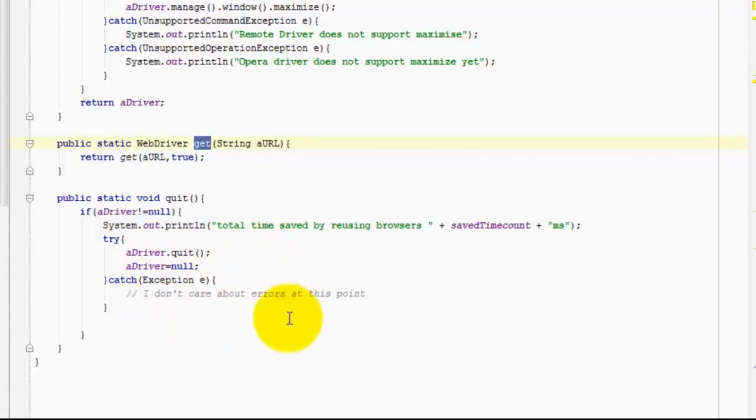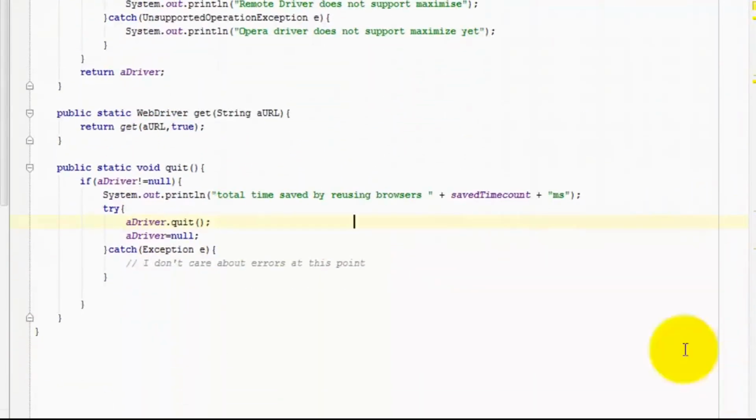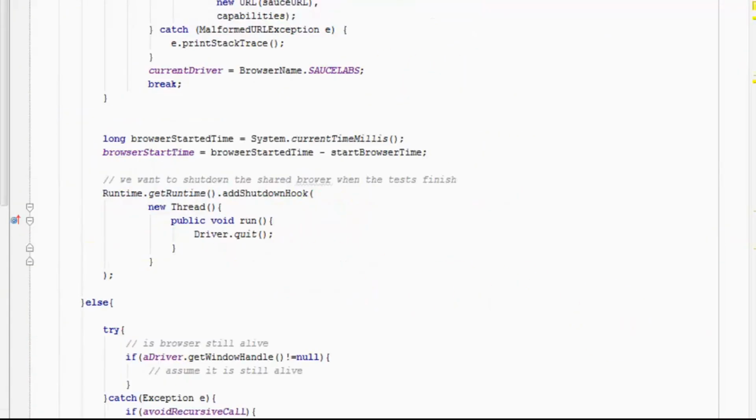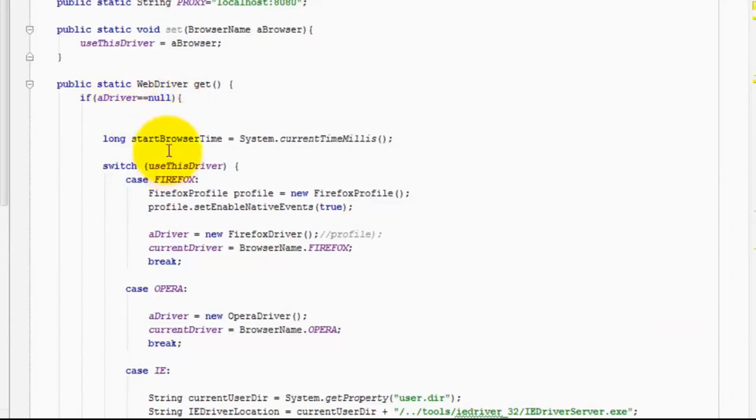It basically says keep reusing the driver manager until from the quit method we start it up. And that's really all this driver manager does. It basically says get me the default browser as defined in the field for browser name, the current driver, get that. If it's still running, return it. If not, create a new one and quit. And the only other thing that's important to note is that when we first instantiate the driver, if driver is null, then we do all the things to